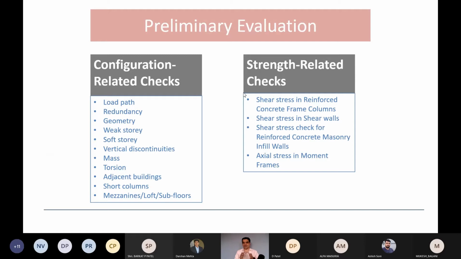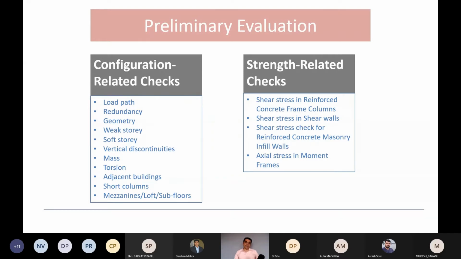So the first step is to do the preliminary evaluation, and preliminary evaluation is again divided in two parts. One is the configuration related checks, and another is the strength related checks. Configuration related checks are categorized into load path, redundancy, geometry, weak story, soft story, vertical discontinuity, mass, torsion, adjacent buildings, short columns, etc. And strength related checks include shear stress in reinforced concrete frame columns, shear stress in shear walls, axial stress in moment frames. Now all of this needs to be derived based on simple manual calculations,